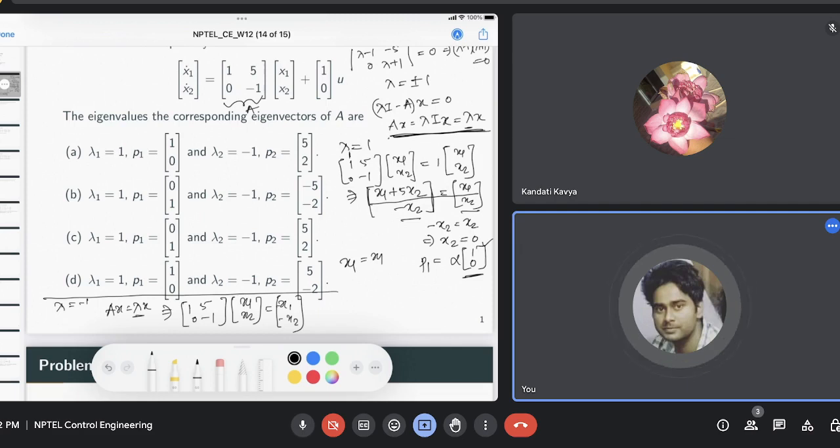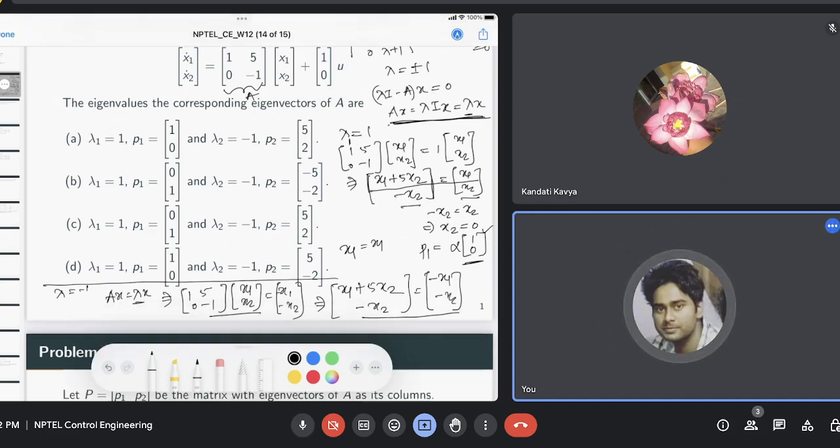So we see that minus x2 is x2; you can simplify x1 plus 5x2, and this is minus x2 equal to minus x2. So the second condition is trivial, and for the first condition we see that